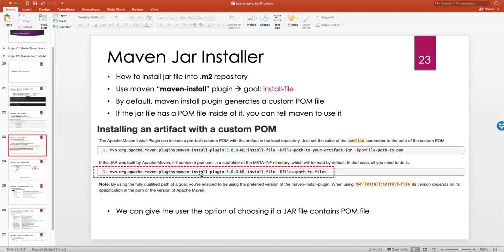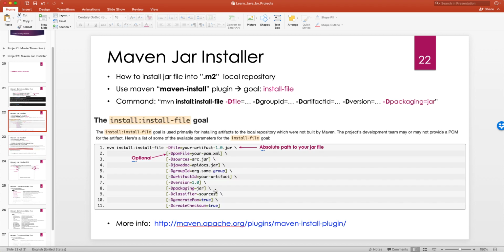It's the Maven install plugin, so org.apache.maven.plugins. From all the plugins, select the Maven install plugin. What's the version? 3.0.0. And then install:install-file, again we're using the install with -DpomFile. So if we don't specify, so when you say -DpomFile, and then